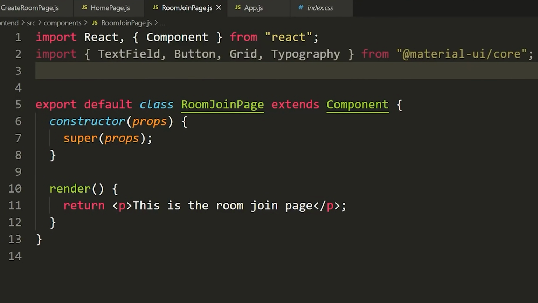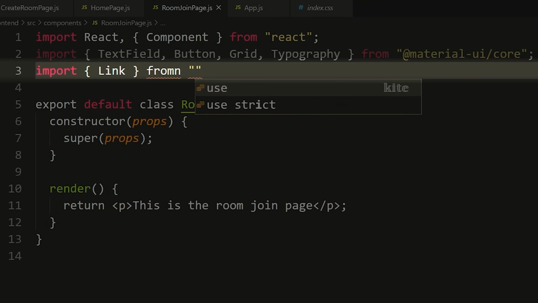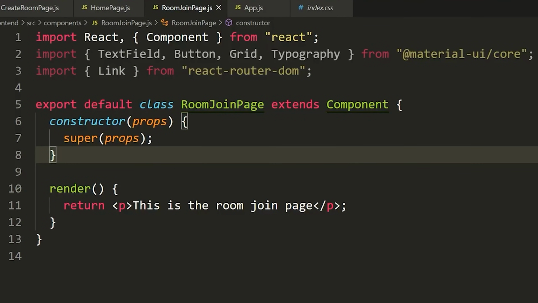This is totally fine. Now we also need something from React Router DOM. So I'm going to say import, you can probably guess what this one is at this point, but we're going to import Link. And then that's going to be from react-router-dom like that. All right, so now that we have our imports, let's actually start by just creating the UI for this page, and then we'll work on actually handling all the button presses and all of that.